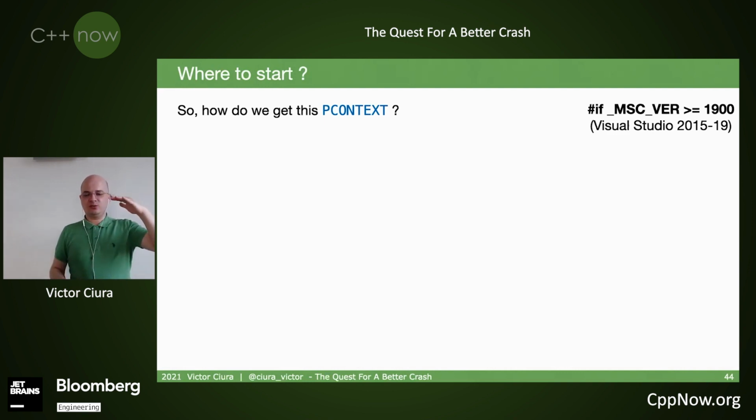I'm at a particular point in a function, and I want to see how I got there. I want to log this entry in this function, because this function can be reached in multiple ways, on multiple branches and from multiple callers. So how do we get such a context?